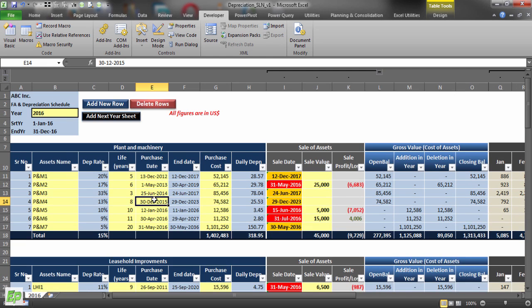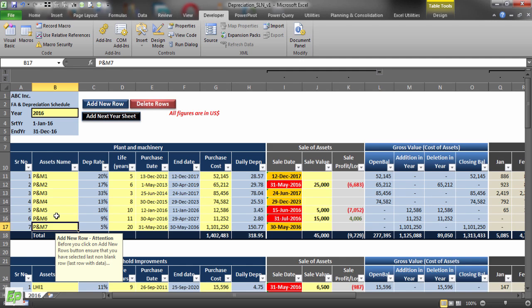Now let me show you how to add more rows in a particular block. For example, in the plant and machinery block, after serial number 7, I want to add a few additional rows. To do that, you have to go to the last non-blank cell in that particular model. For us it is B17, as there is a data validation tip where you have to be in the last non-blank row. So you have to select this particular row and go to this button called add new row,